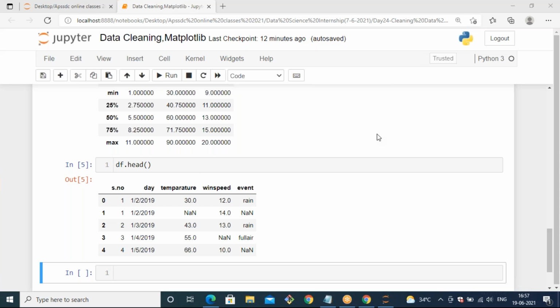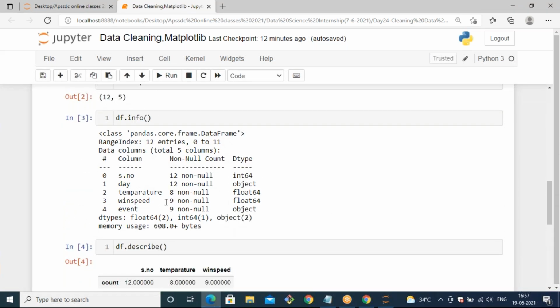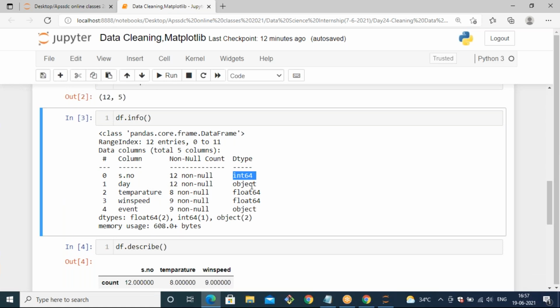Okay, so it is a kind of format of object only. When you find out the information with the info method, you will get to observe all the data types supported by every column. So in the serial number column, it is an integer 64 type of data, and day is an object. Object means it is a kind of string format. You can define a string as a combination of integers, alphabets, as well as some special characters. But it is not a date and time format.